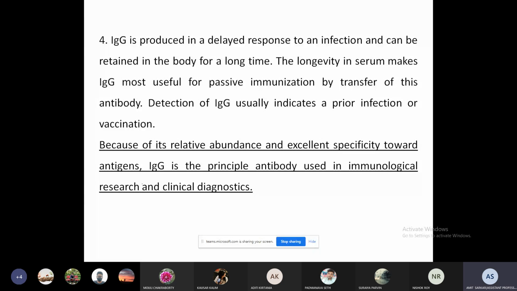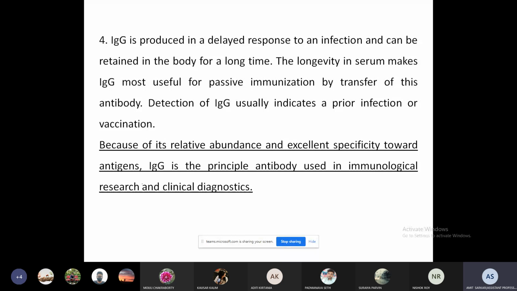I will talk about vaccines in some class later. Say, for example, somebody got bitten by a poisonous snake. You go to the health center or hospital, and they give some anti-venom. Anti-venom is nothing but an antibody produced against that venom. So what class of antibody? It's immunoglobulin G. And since it is found at 80%, the relative abundance is quite high, and it is also very specific. So immunoglobulin G is used for immunological research and clinical diagnostics mostly,